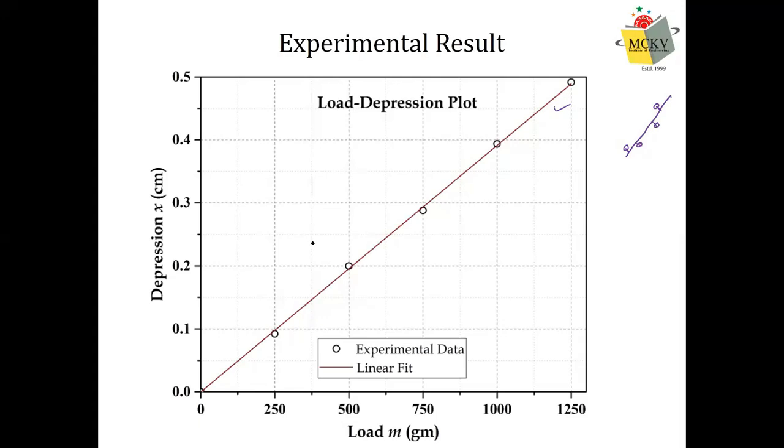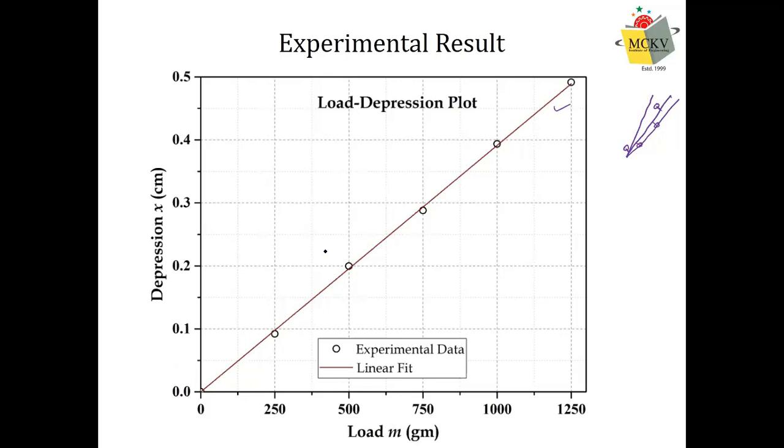And remember that mean graph must pass through origin. Okay. So whatever be your slope, that means the slope is changed. Different students are drawing different slopes, but in all cases, it should pass through origin. That is the main thing. So this is how we will plot it. So this is our depression versus load graph.